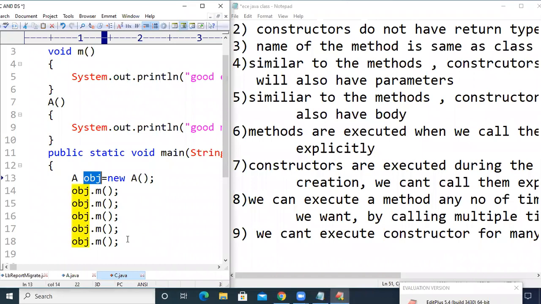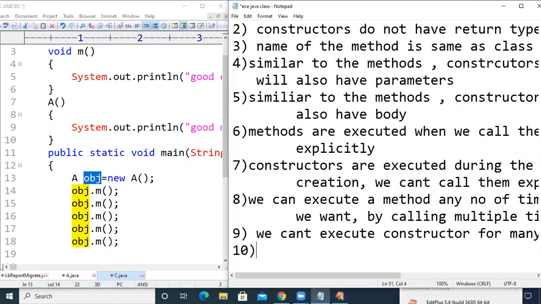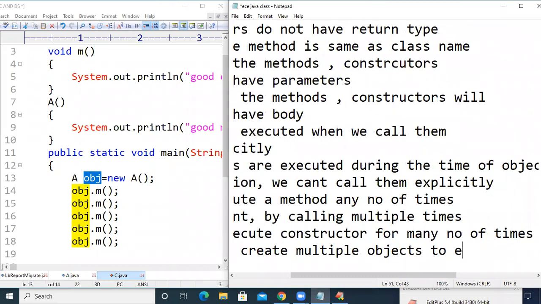But unfortunately, in the case of constructors, by creating just one object, we cannot execute a constructor many times. In order to execute a constructor multiple times, we have to create multiple objects.